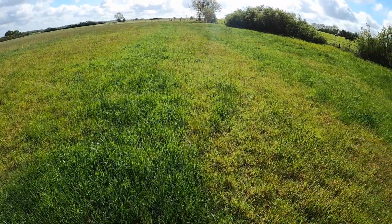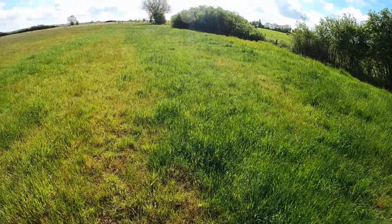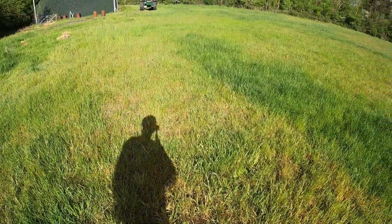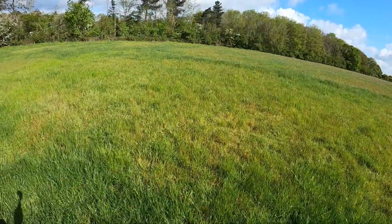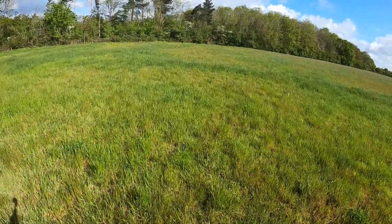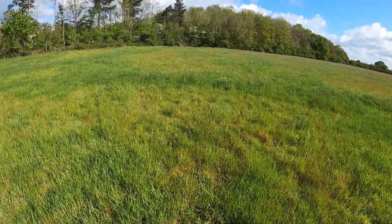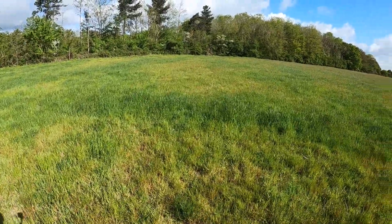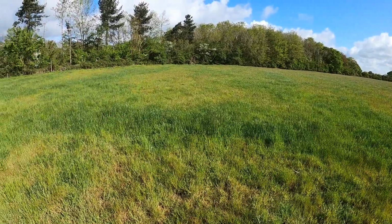So there's one there, another one here, they're looking okay, but in between are these patches. Don't know if you can make out, just as you look over here as well, big patch of relative bare ground here, and then another strip of green. Now I think what this really is, it's not my dodgy fertilizer spreading, well, it could be actually, but I